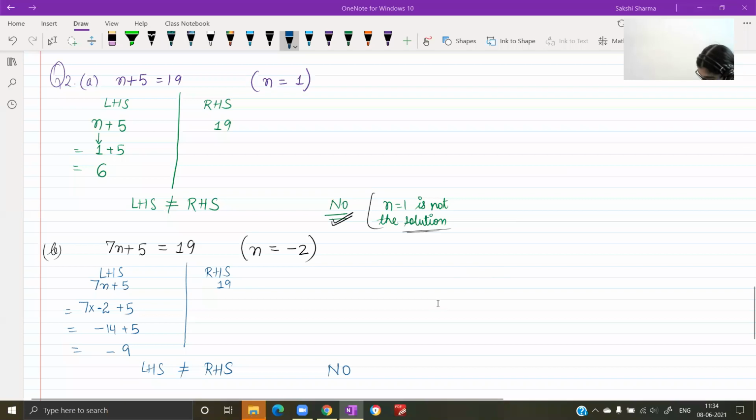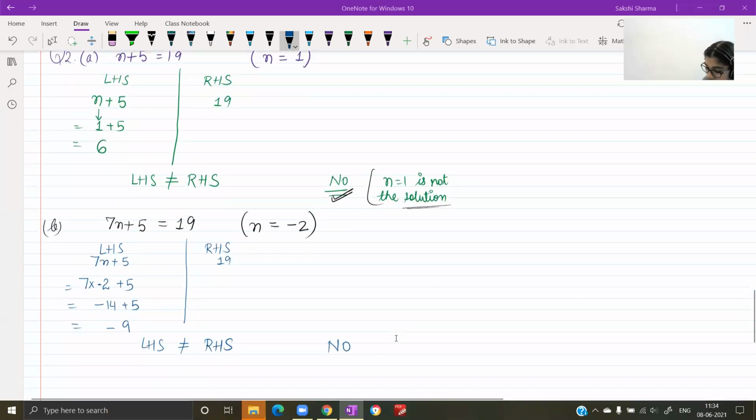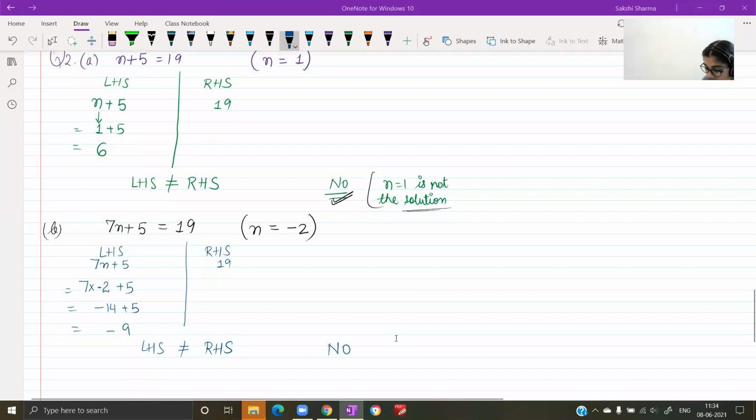Ma'am, I want to ask you that in D part, the answer on LHS is equal to 1 and RHS is equal to 13. Yes. Ma'am, then both sides are not equal, so ma'am, no. No. Ma'am, and C part is yes. Yes. C part is yes. Anyone who is on part A? Yes, Shivas?